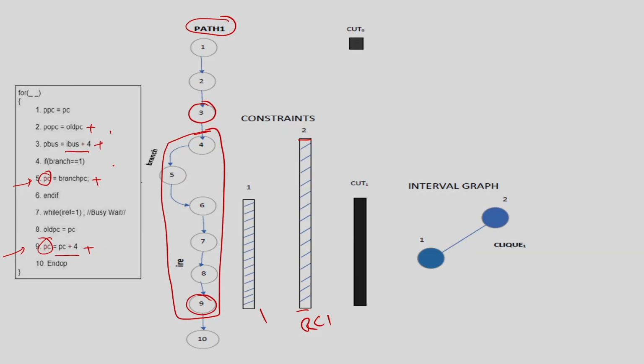So, once you have all these constraints, what is my objective? My objective is to identify the minimum number of states with which you can satisfy all the constraints. Here I am going to talk about the state in terms of a cut. The problem statement is that each constraint is given by this bar, because it is not a single state but a range of states where I can break the path. So, I have such constraints, and I need to break the path the minimum number of times so that all my constraints get met, right. That is my problem statement now, and it is a very important and interesting problem.